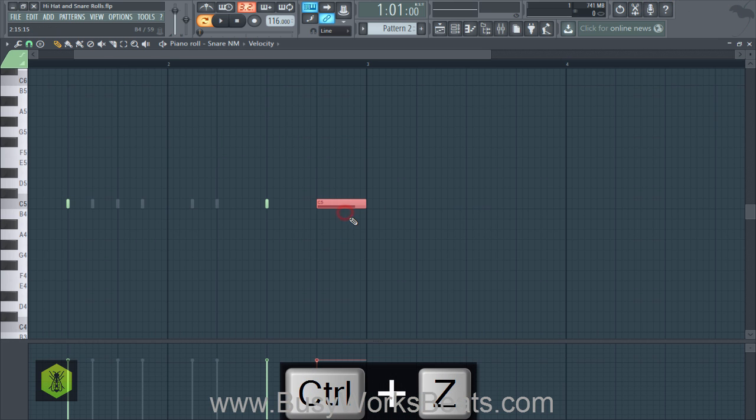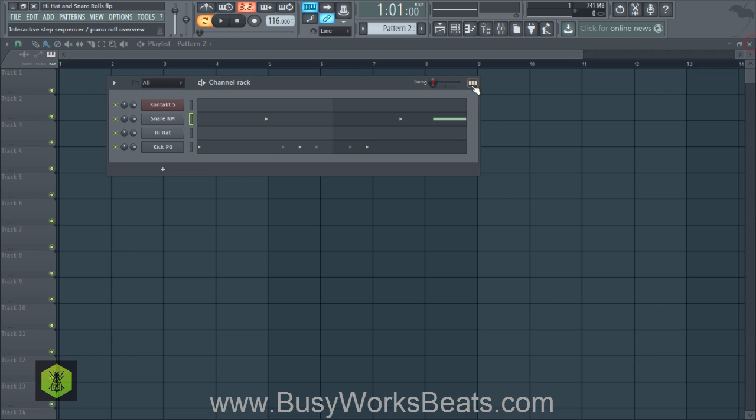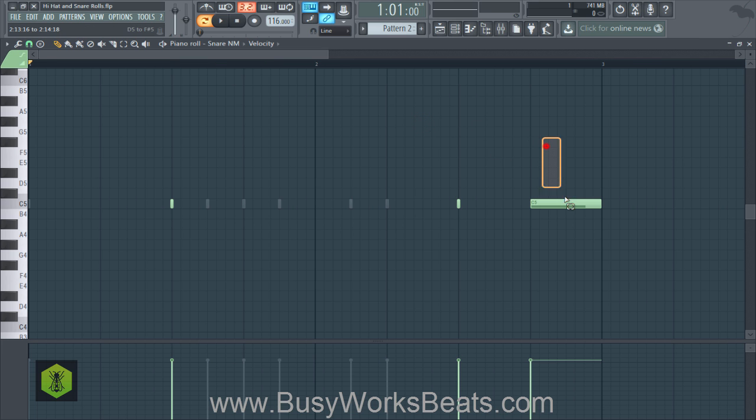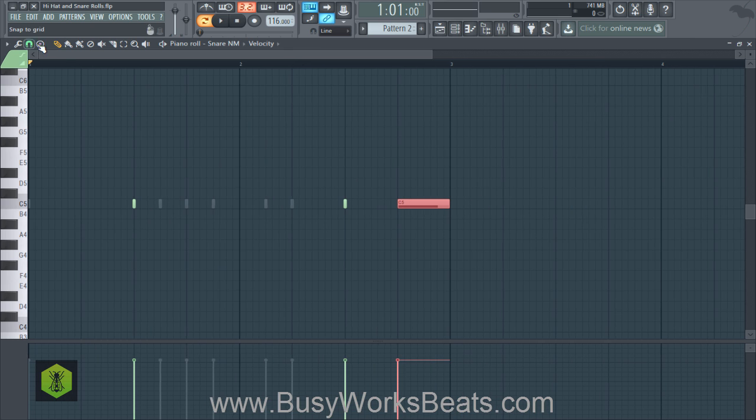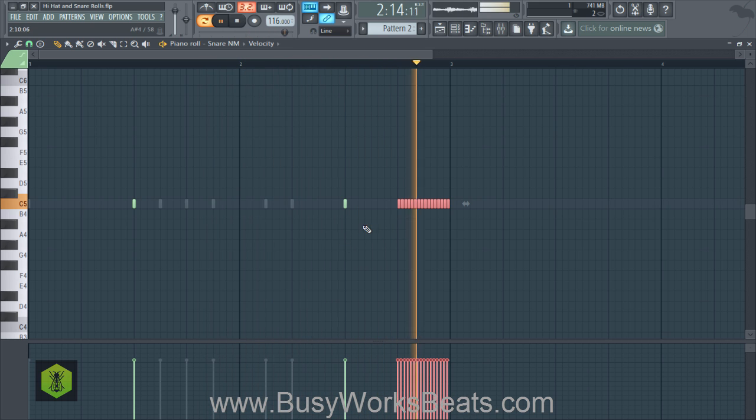It's pretty basic, straightforward. Let's say you want to create a faster snare roll. Now keep in mind that I dragged the note out, so it's now going to be seen as a MIDI screen instead of the channel rack step sequencer view. So it's going to give us that green look. Just keep that in mind. I'm going to hit Control, left click and drag, and now I'm going to change my snap to grid to a 4th step. This is going to make it go even faster. Now I'm going to hit Control U to chop these notes up, and you can see how much faster they go now. So that's how you create that glitch sound.